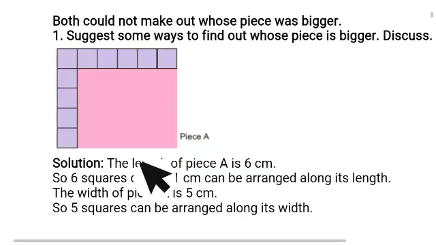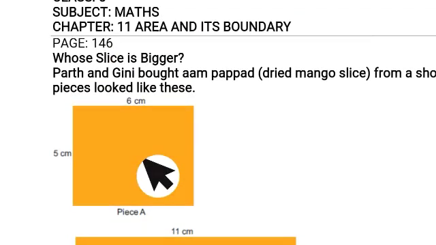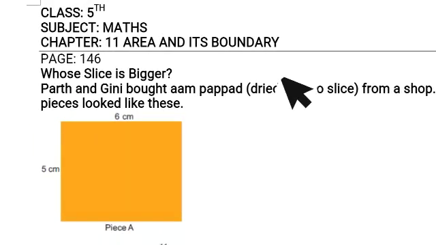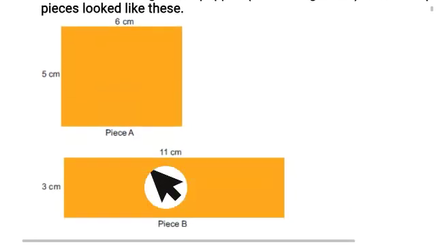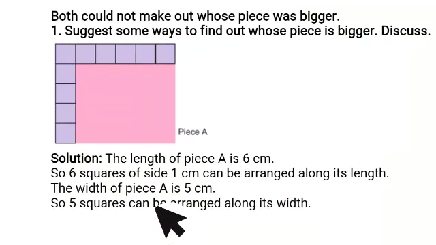Whenever we are studying about the border of any square, rectangle, triangle or any figure, whenever we are studying about the boundary, it means we have to apply the formula for perimeter. And whenever we are calculating the area of any figure, we have to use the formula to find the inner area of that figure.